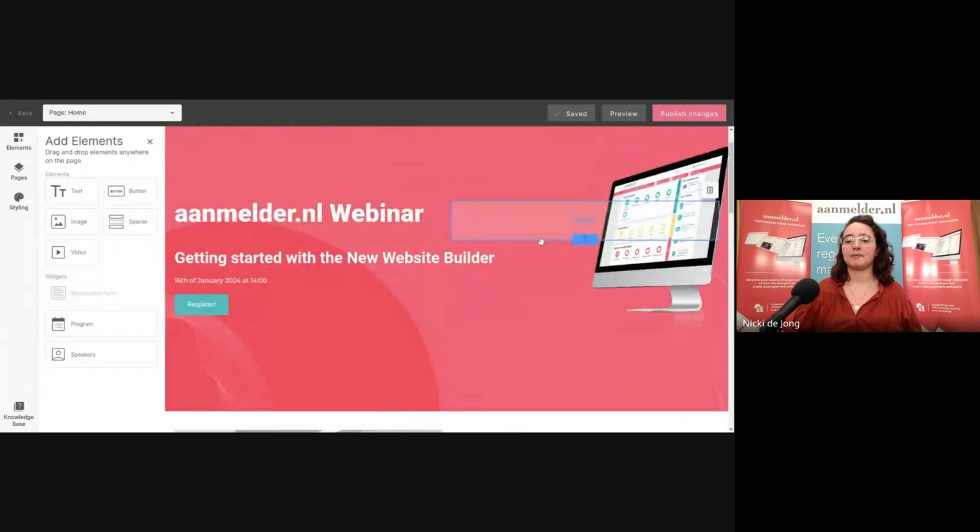Now, what is a spacer? Spacer is practically empty space. Why would you use that? Usually, if you want a little bit more space around your text, for example. Right here, we used a spacer to move this text over to the halfway point of the page,